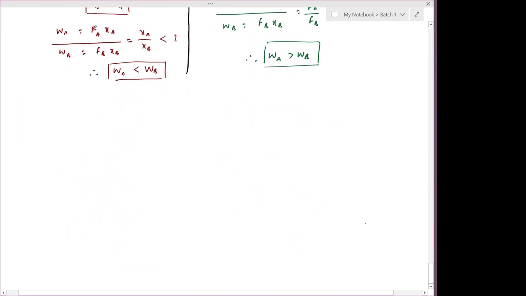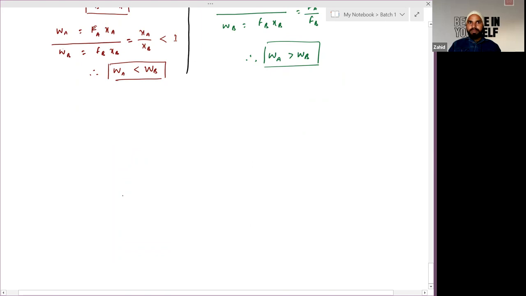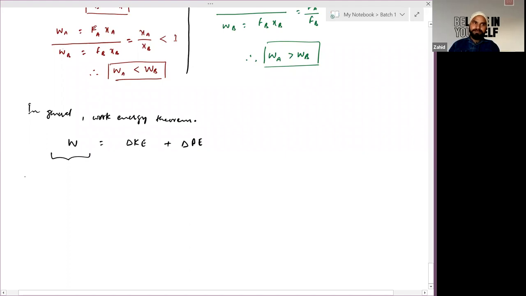Yes, sir. Okay. So this is how to define potential energy or change in potential energy according to different work done. Next, if we combine these two different work-energy theorems together, in general, the work-energy theorem on combining them will be: net work done is equal to change in kinetic energy plus change in potential energy. This work done will be due to,